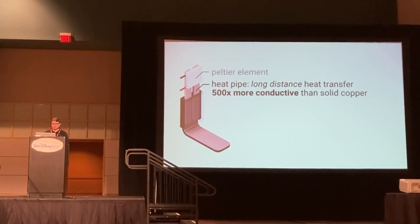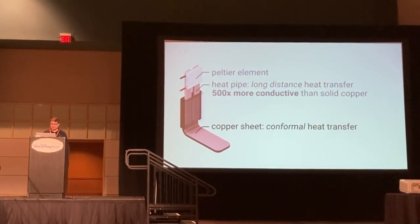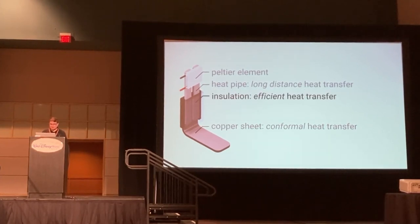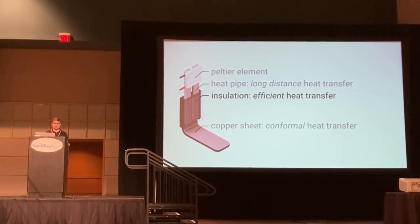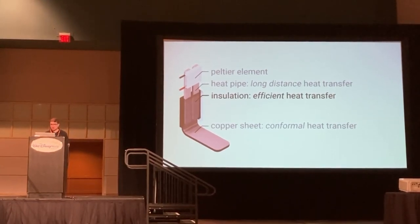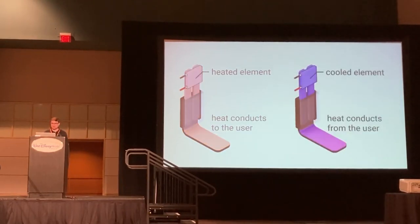And so these heat pipes are really the key to us being able to transfer heat across these longer distances from the backs of our hands to the front. However, since heat pipes are thick, we then transfer the heat into copper sheet metal, which is much thinner and more flexible at the part that interfaces with the user. And then importantly, we insulate these conductors in foam in order to keep the user from feeling thermal feedback in any undesired location, like the sides. And we only uncover the conductor at the desired location on the skin. Therefore, when we heat a Peltier, heat conducts to the user, and when we cool it, heat conducts away from